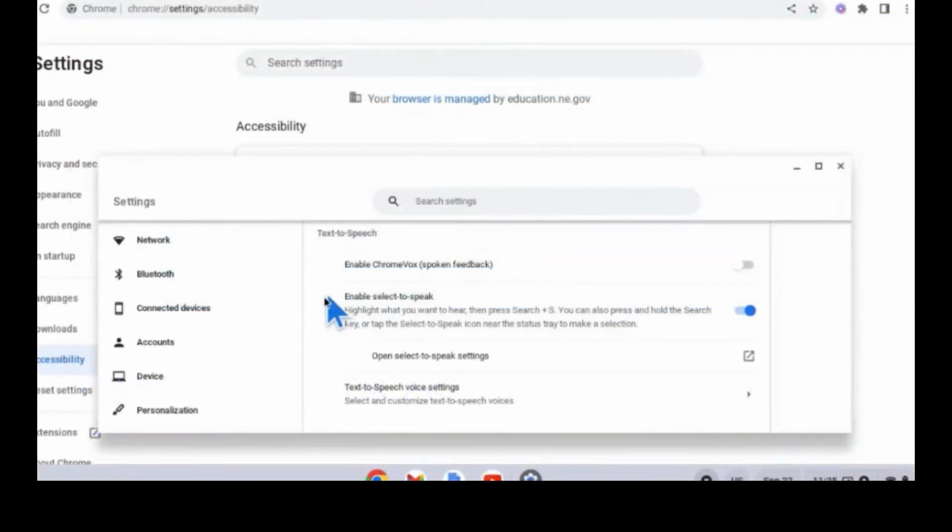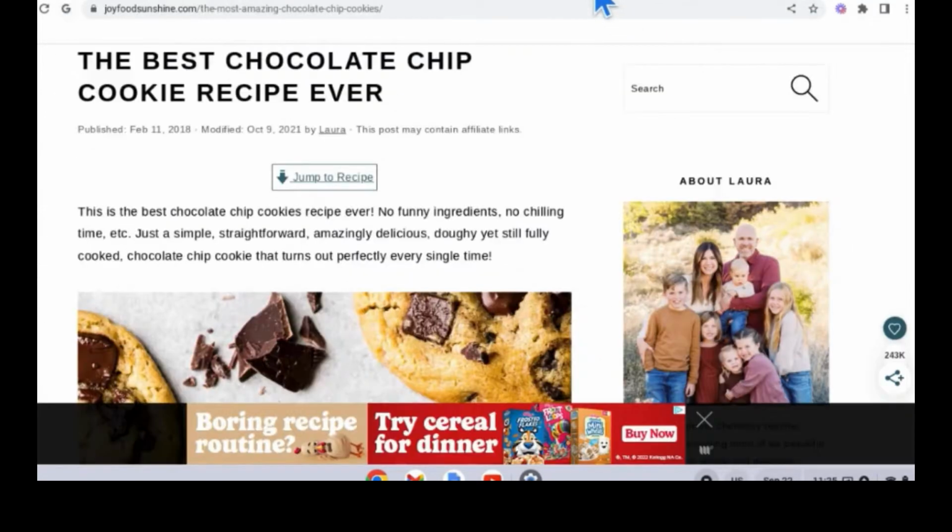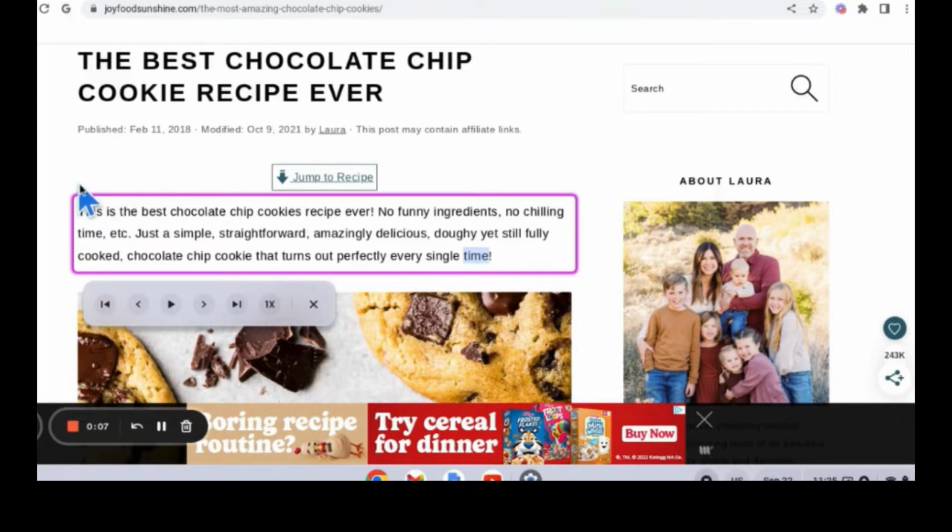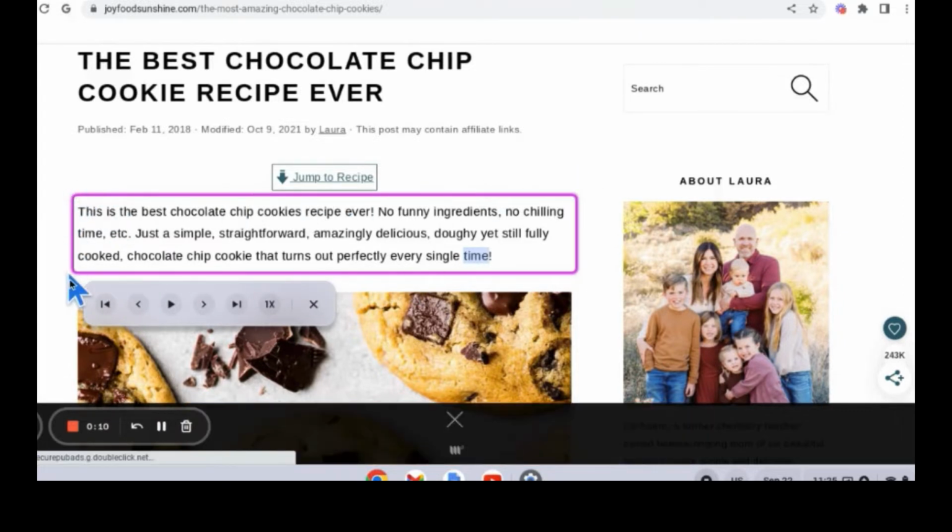Once activated, this feature allows a person to hear the text on the screen and highlight parts of the text to improve focus. This may benefit students who need support with reading, hearing text read aloud, or who may experience